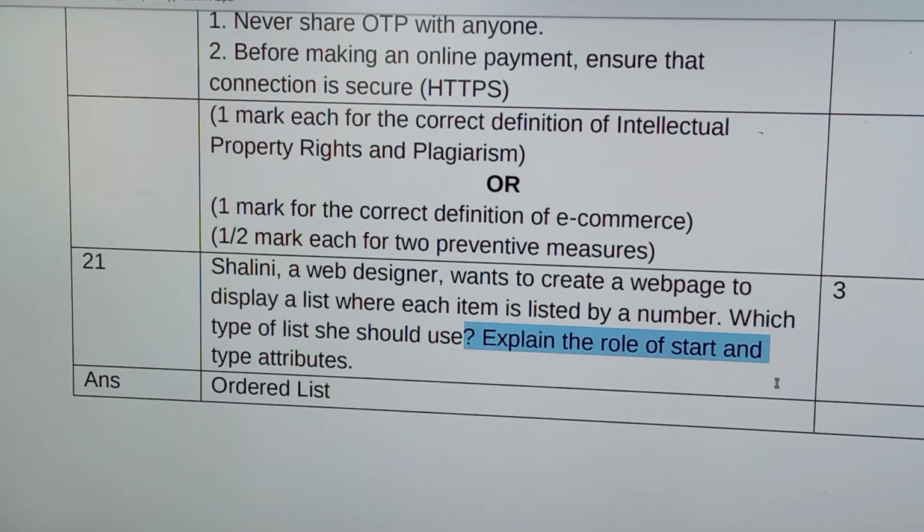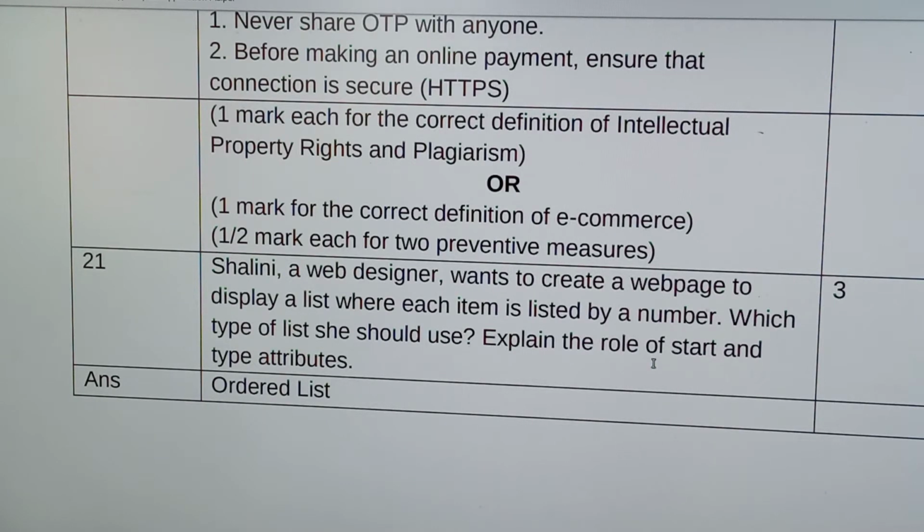You already studied that there are 2 attributes, start and type. What's the use of start attribute? Start attribute is used to specify from which number the list should start, and the type attribute contains values.